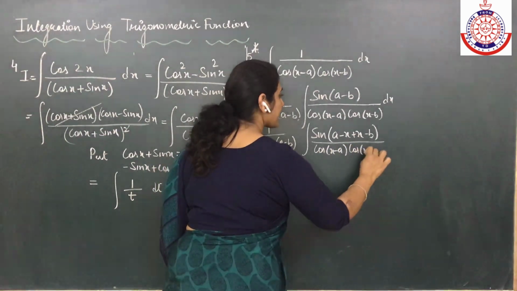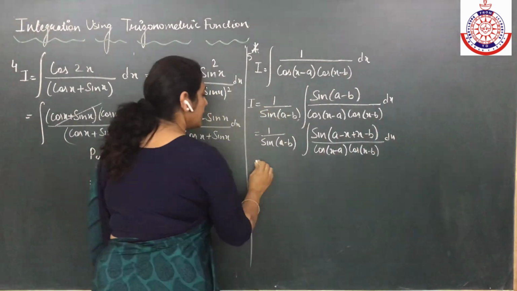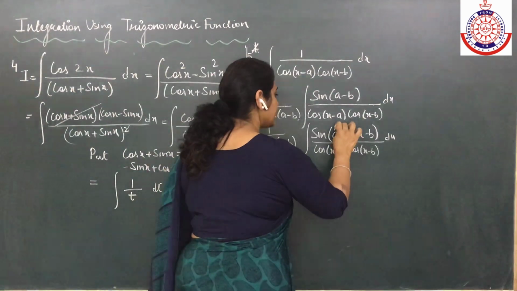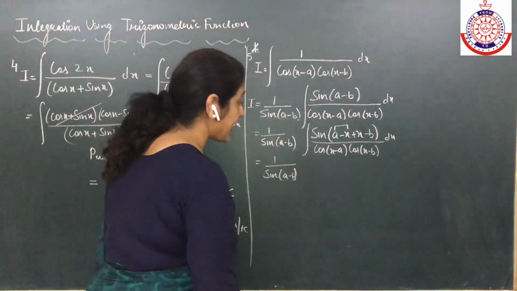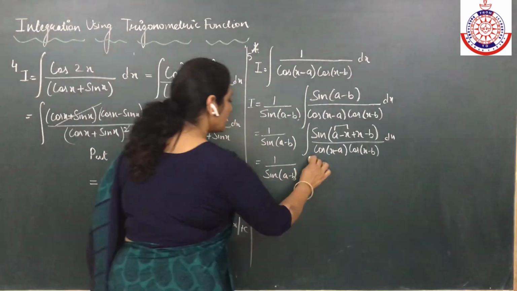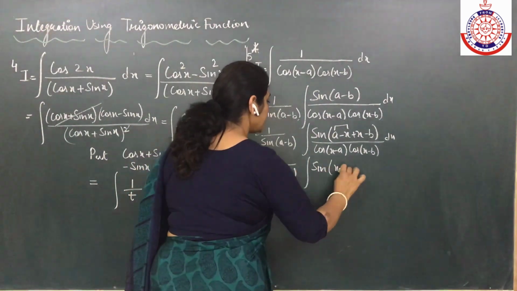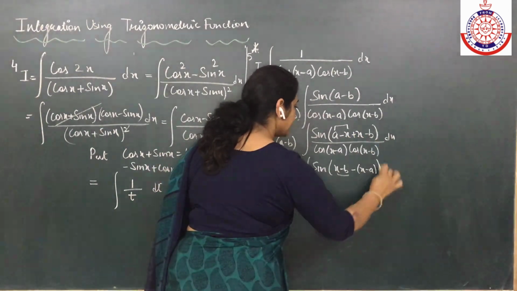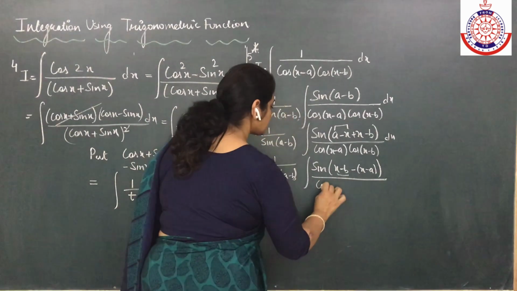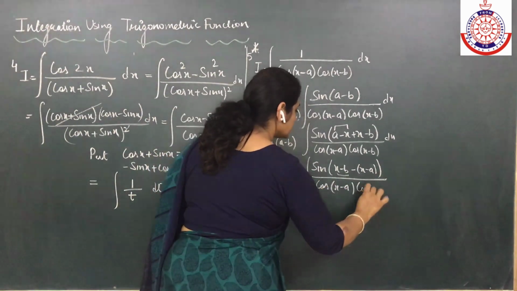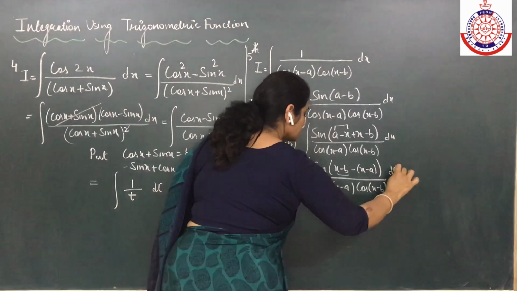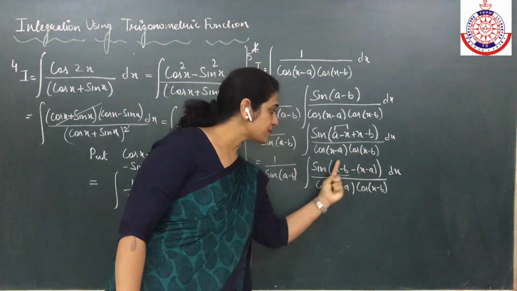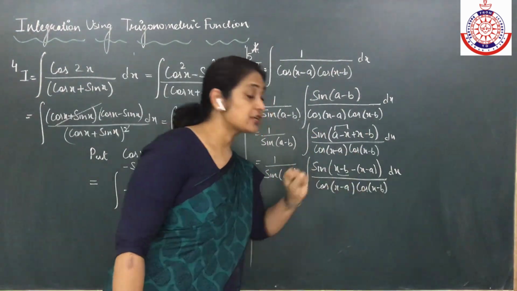Alright. Now, treating this as one term, I need x minus a. So what I'm going to do, I write x minus b here, this will be my one term, and I'm taking minus common from here and x minus a as one term. No problem? Clear? I have taken x minus b because I have to match with the denominator. So I have taken x minus b as one term. From these two terms I have taken minus common in this.